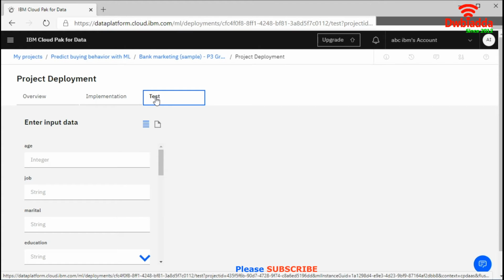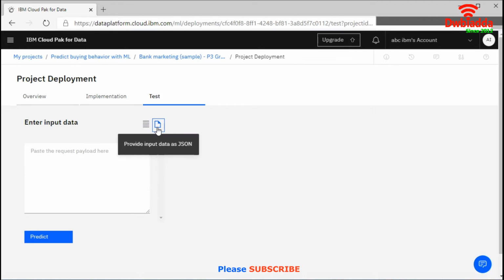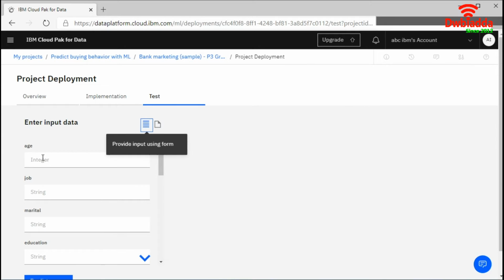Is it working correctly or not? You have 2 ways to enter the input. One way is this graphical and another is JSON. If you have a JSON code, you can just copy and paste it here. Now I will choose this one. So it is also showing you what kind of data you need to enter, like data type. Age should be in an integer type. So we will add